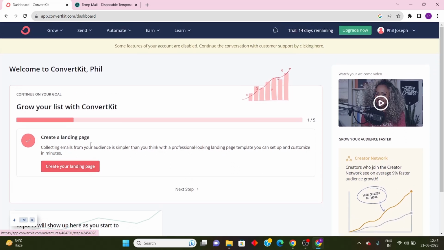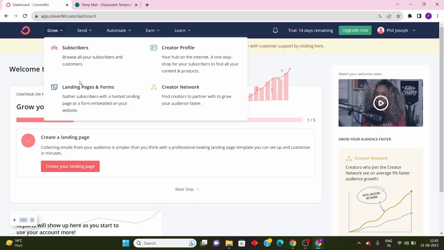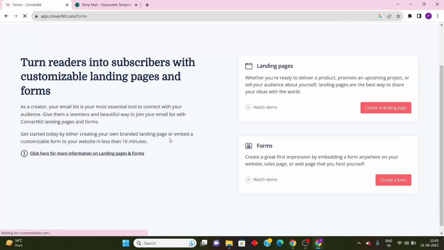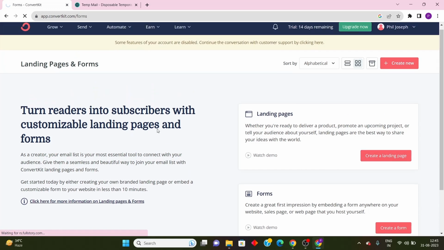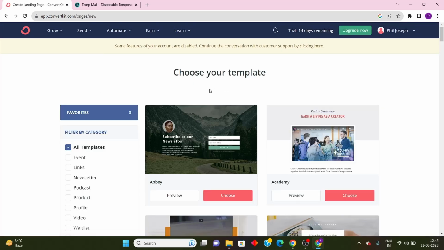Now you can come here and click on this button, but if for some reason you do not see this option right here, you can simply go into the top section and click on grow, and click on landing pages and forms, and within the right hand section you'll be able to see that you have the option of creating a landing page. So I'll just come here and click on create a landing page,